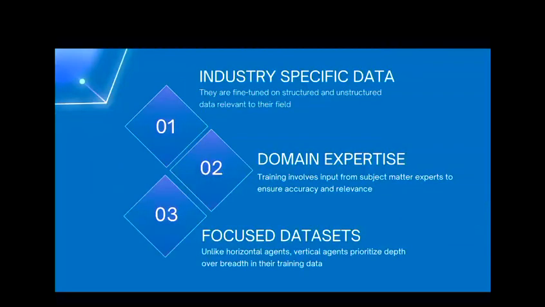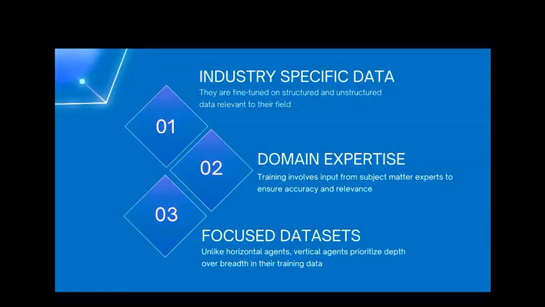For the vertical AI agent, it's always recommended to fine-tune the model. For example, if you want to build a use case using an AI agent or agentic AI, you don't necessarily need to fine-tune the model. But if you want to build a vertical AI agent, it's always recommended to fine-tune the model with a specific domain data set. And the training process usually needs to involve a subject matter expert to ensure accuracy and relevance.